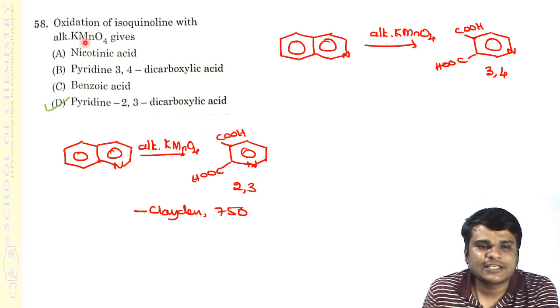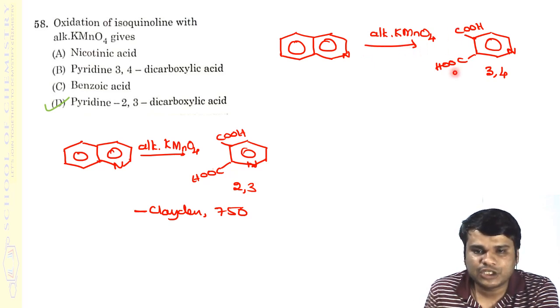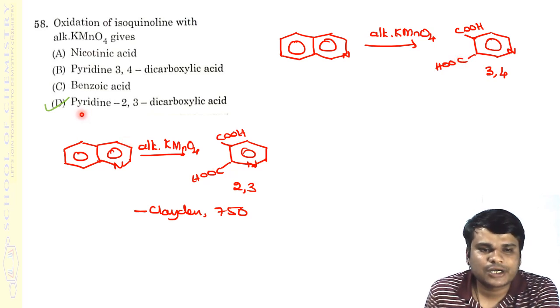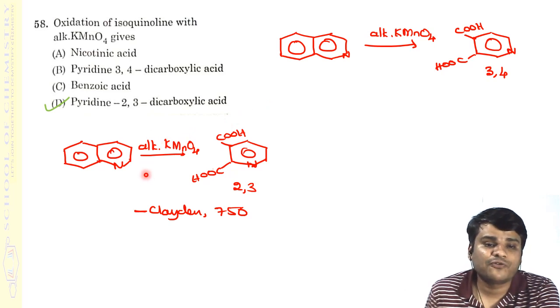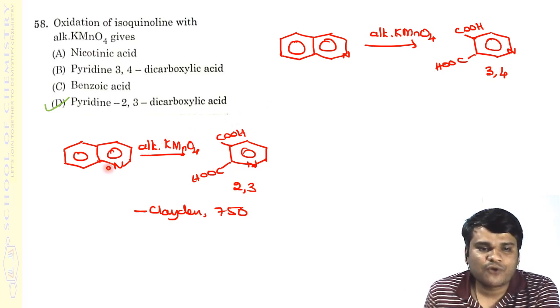What they are asking is the oxidation of isoquinoline with alkaline KMnO4. If you oxidize isoquinoline with alkaline KMnO4, you will get COOH at these two positions. With respect to the isoquinoline nitrogen, this will be 1, 2, 3, 4. So it should have been the 3,4-dicarboxylic acid, pyridine 3,4-dicarboxylic acid. But the given answer, unfortunately, is pyridine 2,3-dicarboxylic acid, which is the product of oxidation of quinoline